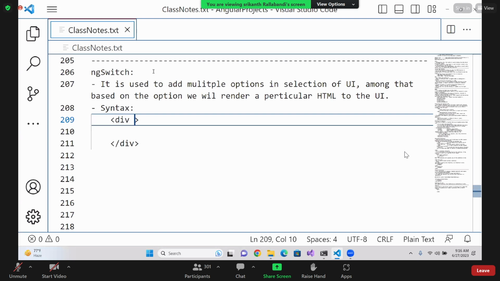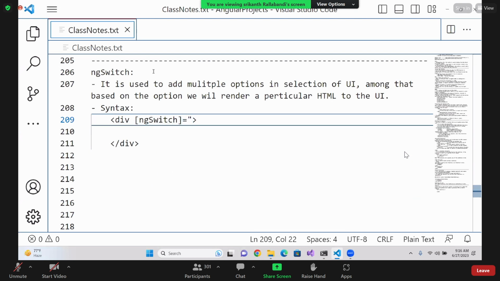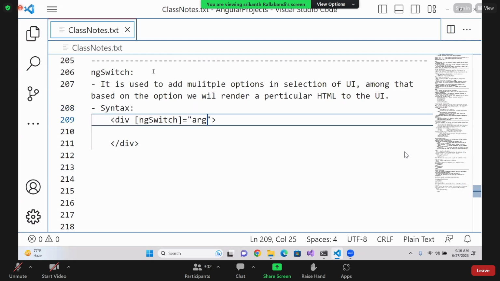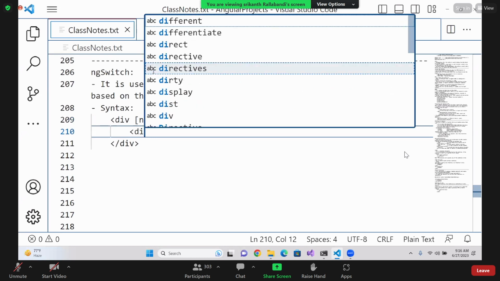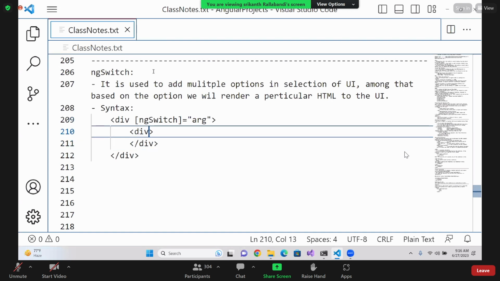If I write anything into the div, is that information? Generally, div is used to divide the page into different blocks. Div means division. If you want to divide the web page into different divisions, there I can go with this particular one. Now, what I want to do, I'm going to write here ngSwitch is equal to, here you can provide the argument. Here you can provide what? The argument. Now, I'm going to use another div here, and here you can provide the